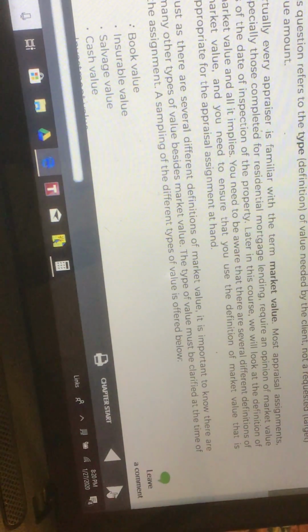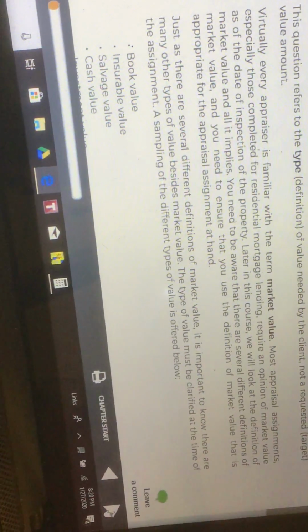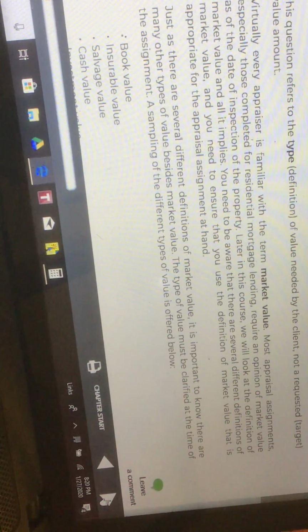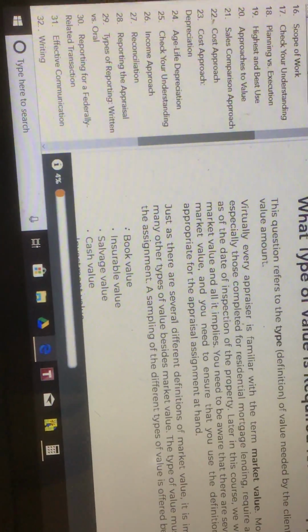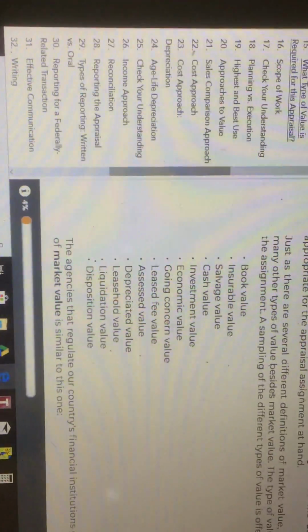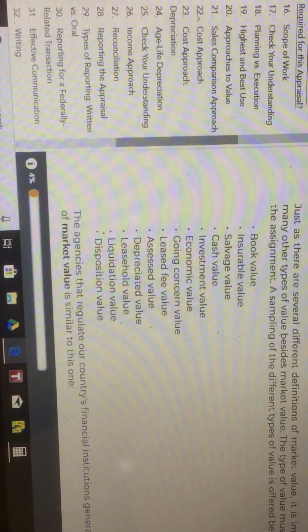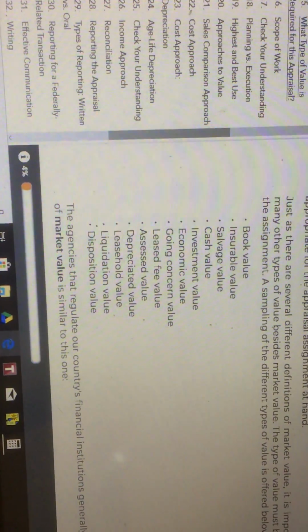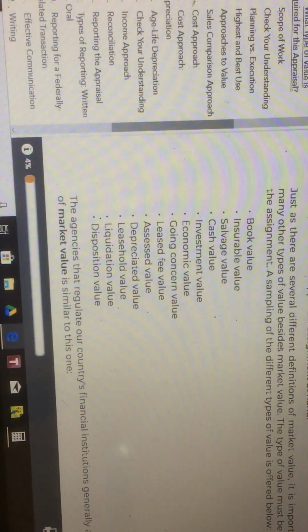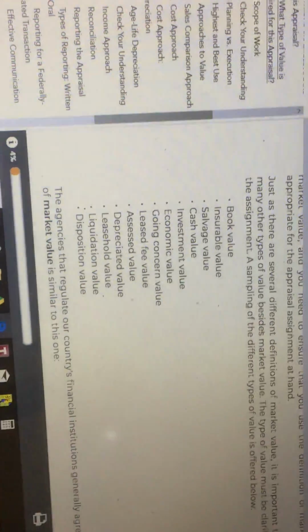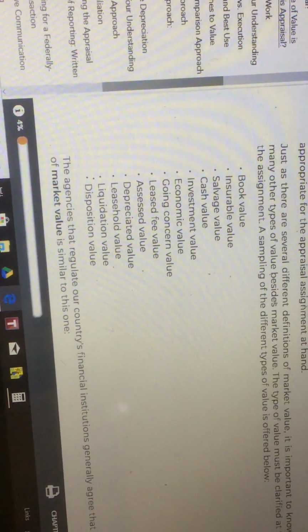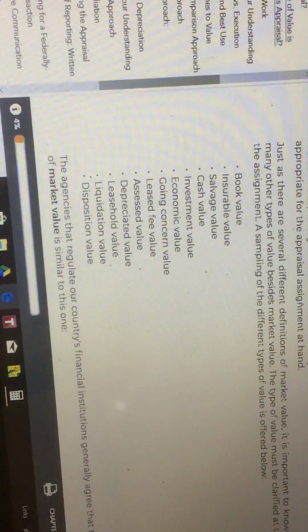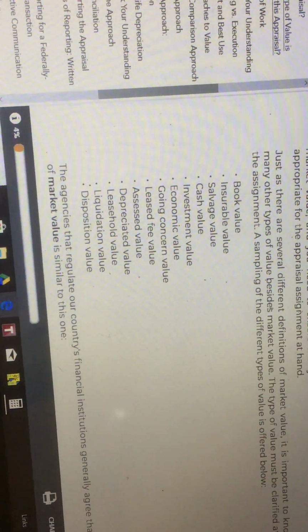The type of value must be clarified at the time of the assignment. A sampling of the different types of value is offered below. Book value, insurable value, salvage value, cash value, investment value, economic value, going concern value,